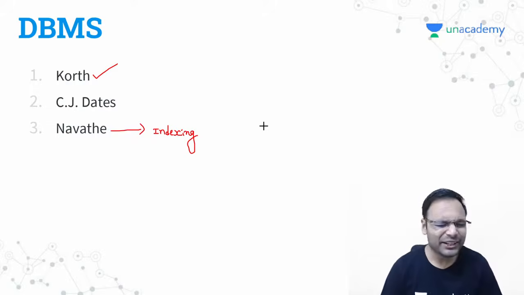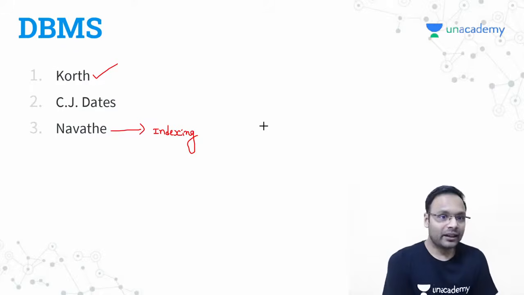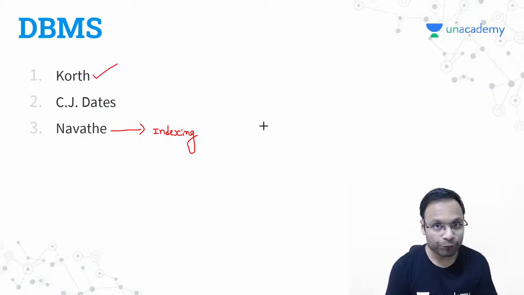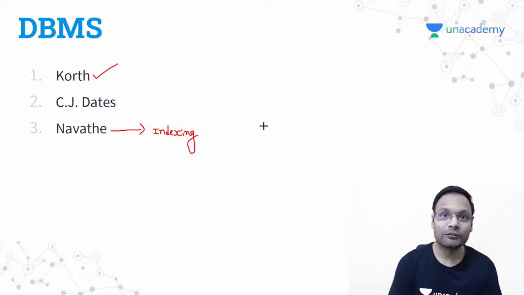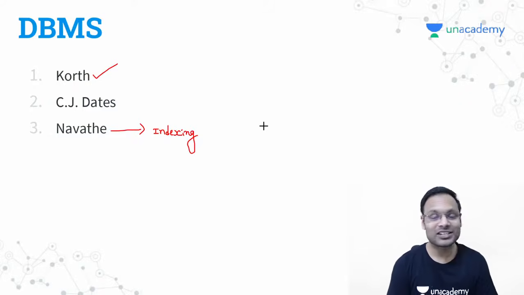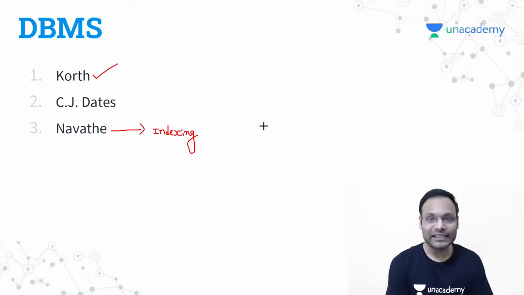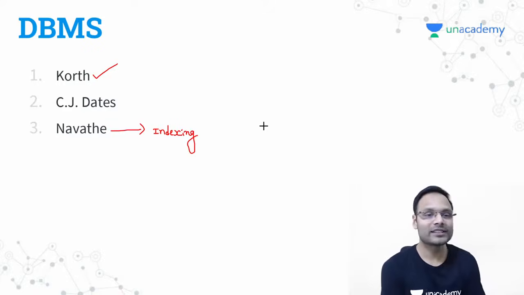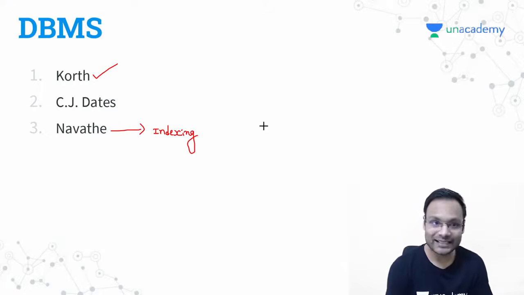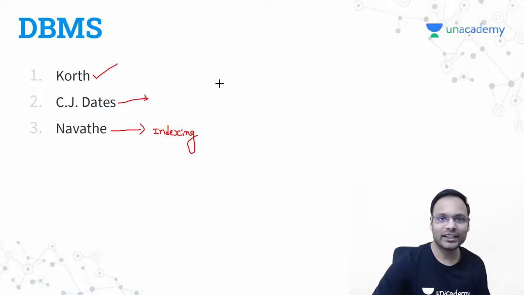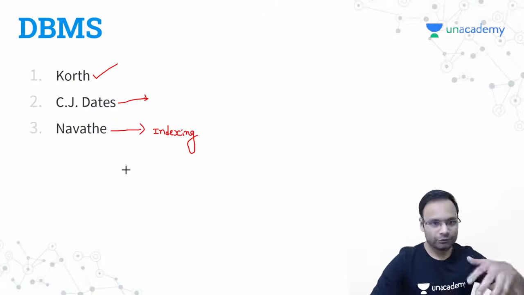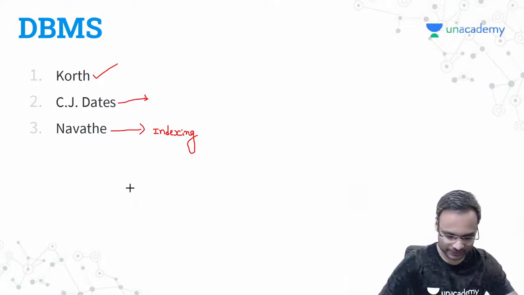Yes, it can be a little bit difficult to read Navathe, just because it's too tough a language, or sometimes it is too technical, which can be indigestible immediately. But keep patience, read the books, and you will understand the really great meaning of indexing. C.J. Date is again a good book, but it's too mathematical. If you want a research-oriented study reference, you can go for C.J. Date.